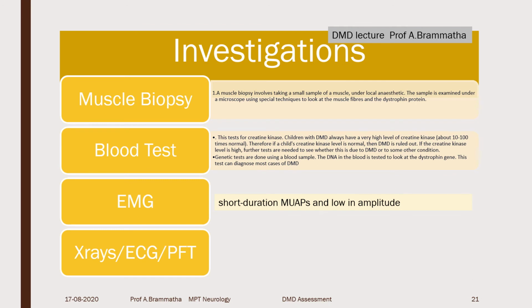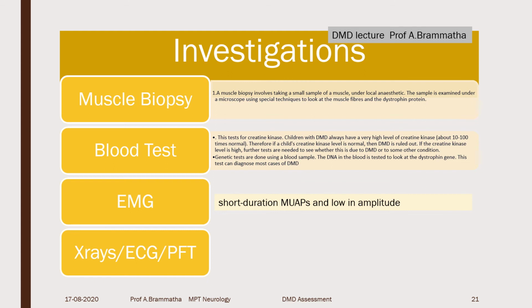So the investigations: the primary investigation is muscle biopsy. A small sample of muscle, which is not completely replaced by fat, a muscle with a kind of grade 3 or 4, will be examined, and the muscle fibers will be analyzed for the presence of the nucleus, and the splitting of fibers will all be seen. This is done under local anesthesia, and there will be great variations in size among different fibers in the same muscle, and the nucleus of the fibers will be migrated towards the center, which is a sign of degeneration, and certain muscle fibers will be infiltrated by fat and fibrous tissues.